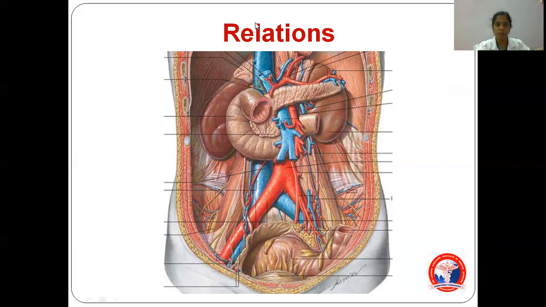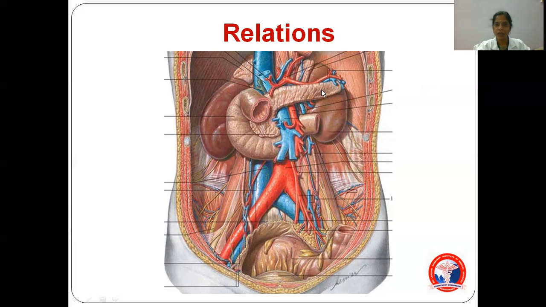Anteriorly, you can see in the upper pole of both kidneys, the suprarenal gland will be there. So this is the right side, no? So we have the right suprarenal gland. This is the left side. So we have the left suprarenal gland. Now you can see part of the duodenum here. Okay. Then we can see the small intestine, part of the jejunum. Here the colon is already removed.